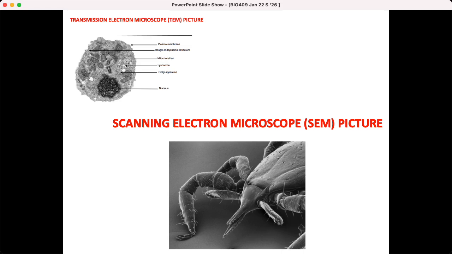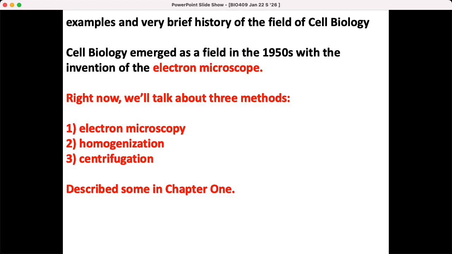And so, on the exam, you should be able to distinguish two types of electron microscopy and briefly describe them. Briefly, right? Not a big page of them, but, you know, 2 points. What are they and what are they used for? Like that, right? Okay? So just some electron microscopy.